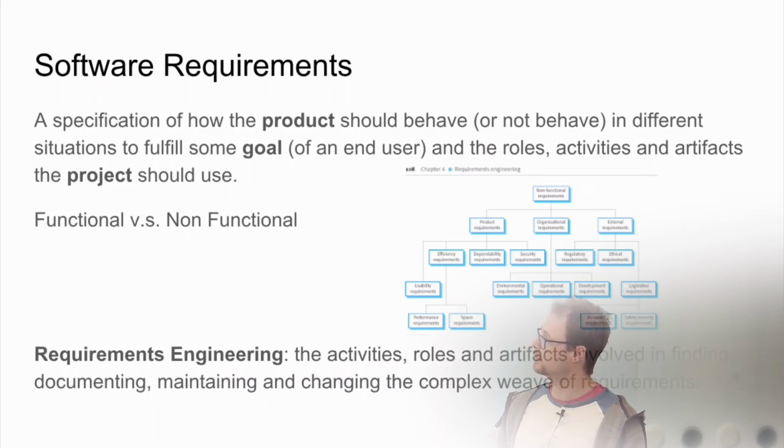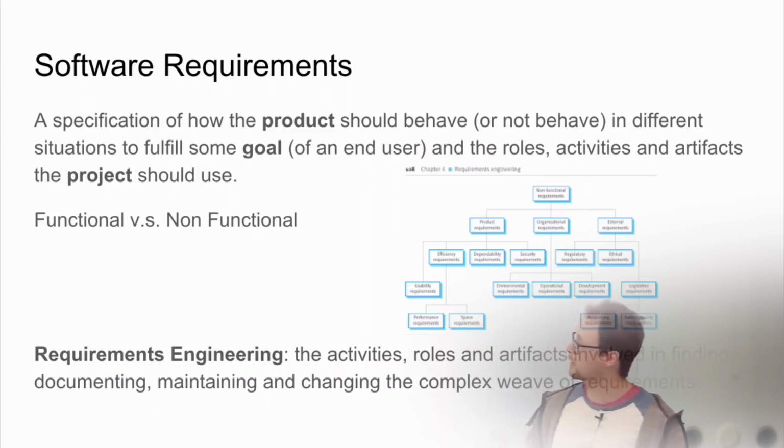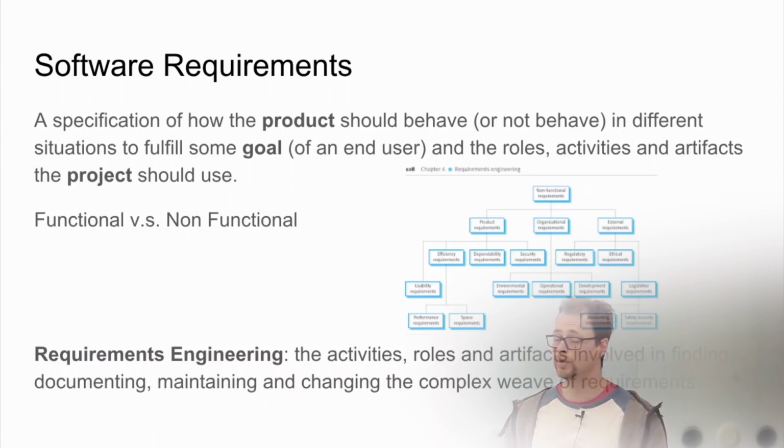The other way to look at requirements is to look at functional and non-functional requirements. So for functional requirements, we have mostly product requirements telling you what the functions of the system should be, what services it will offer, what it should do in different situations. However, the non-functional requirements are quite interesting, and that's why I've taken this picture also from the book, which is a hierarchy of non-functional requirements. So when you think about requirements, you often think about the functional product requirements,